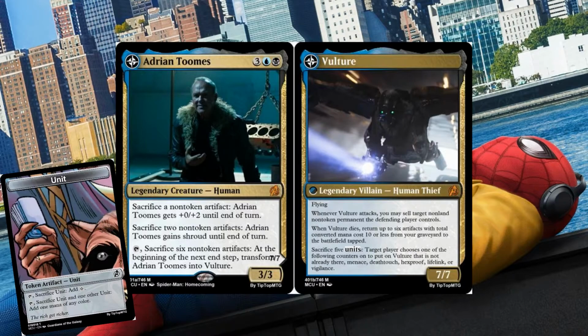But we then see him transform into Vulture, which requires tapping, which means he can't do it the turn he comes out, and you have to sacrifice 6 non-token artifacts, and they can kill him. If an opponent can kill him after you sacrifice the 6 artifacts, he won't transform because you have to wait till your end step. So it is very hard to transform him. So what do you get for that? You get a 7/7 with flying, and whenever he attacks, you may sell target non-land, non-token permanent the defending player controls,